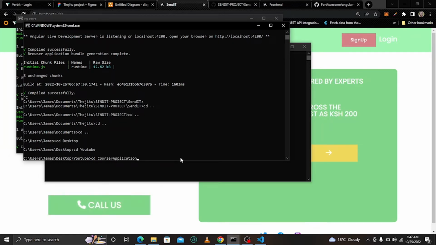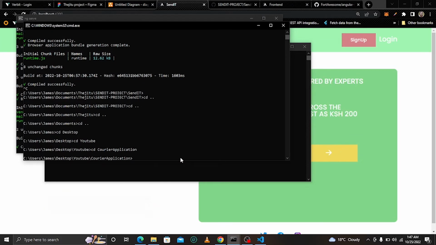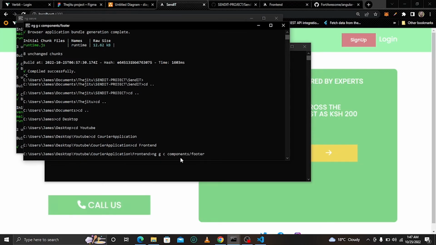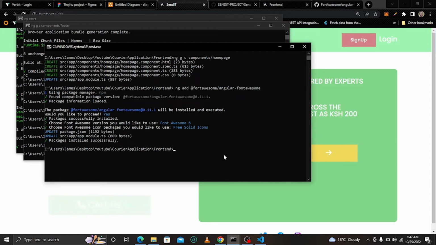And I'm doing this in order to help you guys know how to navigate in terminal. And then we can go to front end, and then we can say ng generate component, and then components we need to generate in our components folder, and then we'll call it footer, just like that. It should generate, and then our font awesome package is already